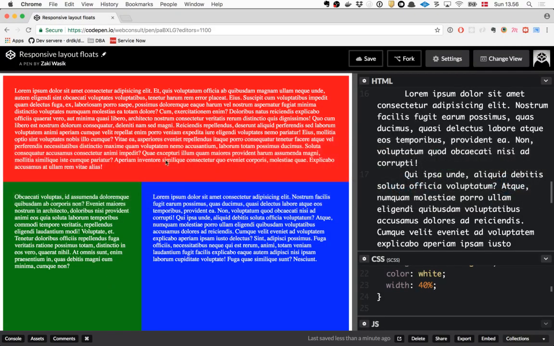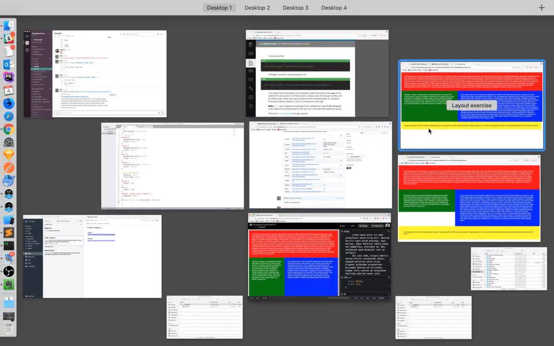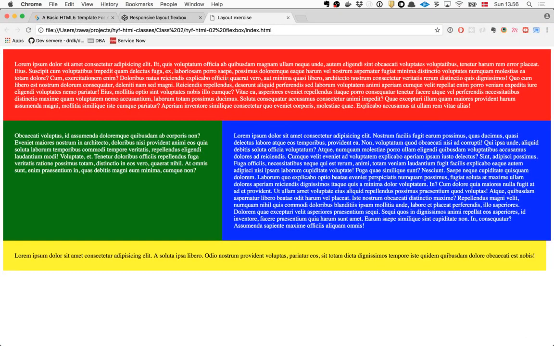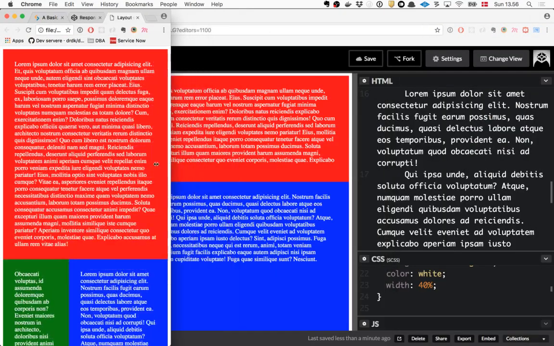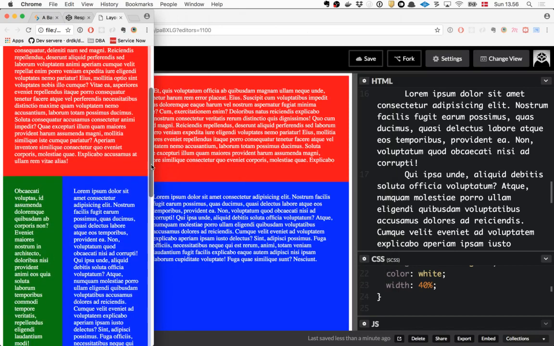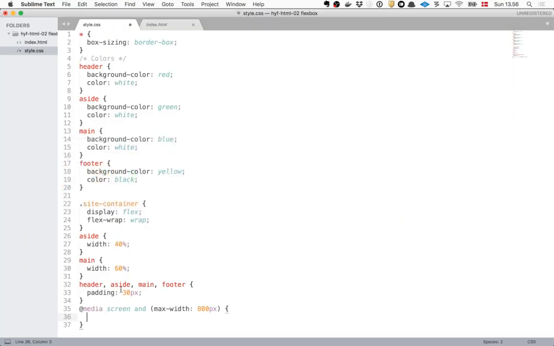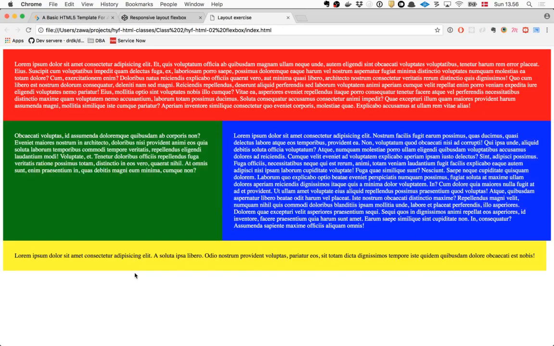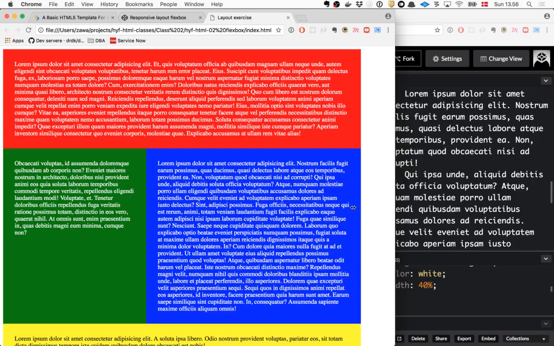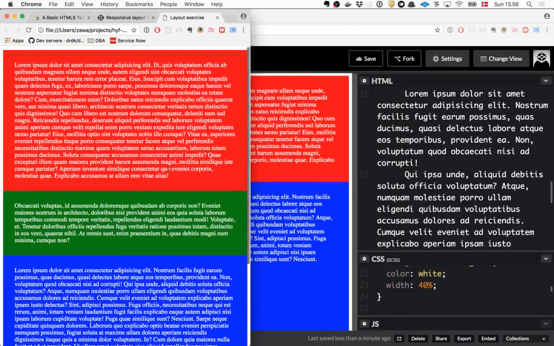Okay. So let's just have a look at the Flexbox based layout. That must be this one, right? Flexbox, yeah. So if I pull that one together, it looks like that. And we want them to go underneath each other the same way as they did with the floated layout. So how do we do that? It's the same way. We just set them to 100% width. Aside, main, width 100%. And let's try it out. And it works. Amazing.